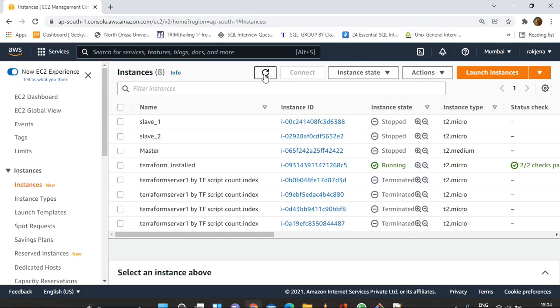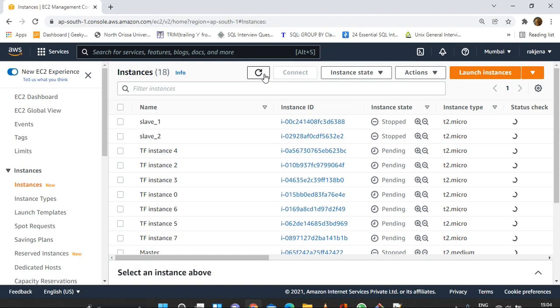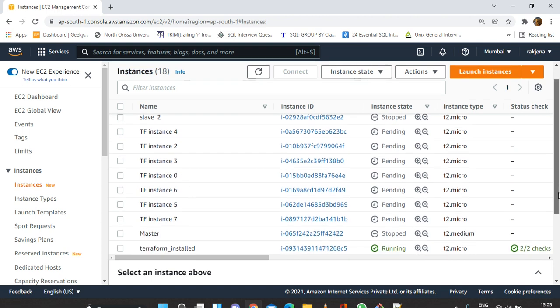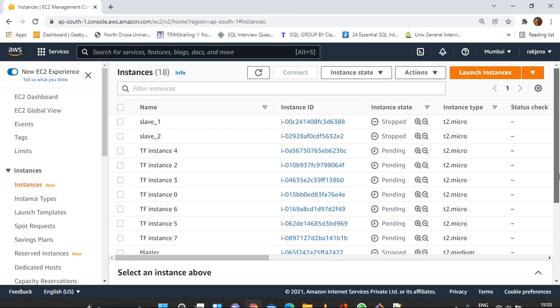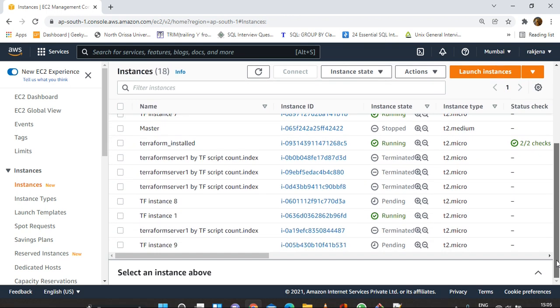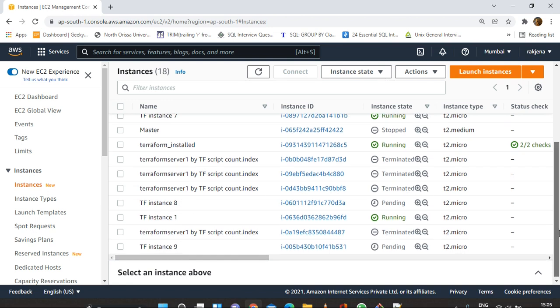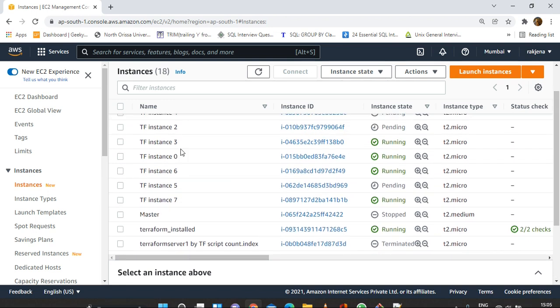Let's move to the graphical interface. Here in the UI you can see terraform instance 0, 1, 2, 3, 4, 5, 6, 7, like this it is creating. Okay guys, you can see terraform 1, 8, 9, then 0, 2, 3, 5, 6, 7, like that it is creating.